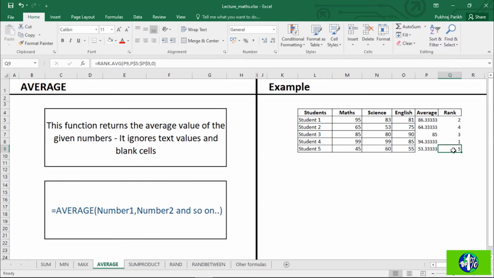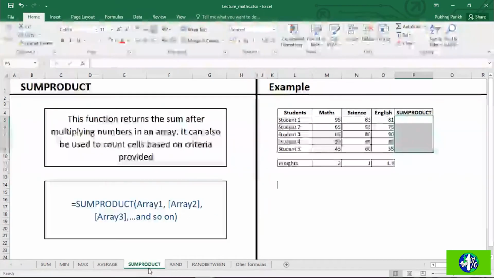Next we move on to sum product formula. In this formula we input 2 or more series of numbers and it returns the sum of product of individual elements of these two series of numbers. For example, if we want to assign weightage to the marks of maths, science and English of these students before calculating their ranks,